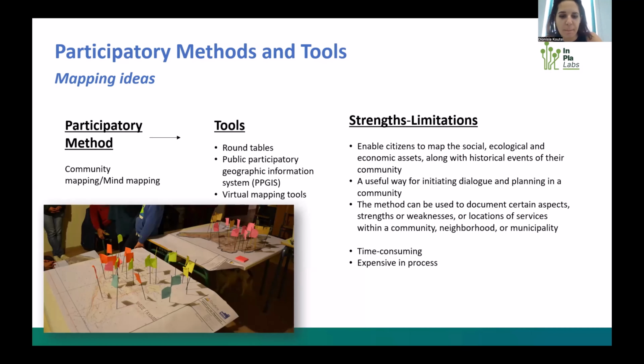Of course, it's a process that is time consuming. We need time. For example, in the first 20 minutes of this workshop, the people will try to navigate themselves over the map. Here is this, here is that. So we need time for orientation in this way. But at the same time, it is really critical when it comes to spatial planning. And of course, it is an expensive process because we need high-quality analysis maps, printed, and a lot of materials that can support this process.